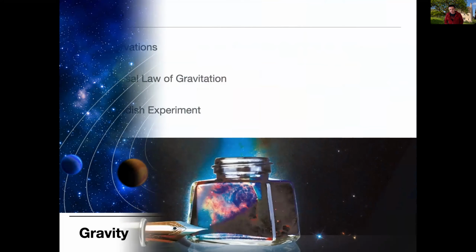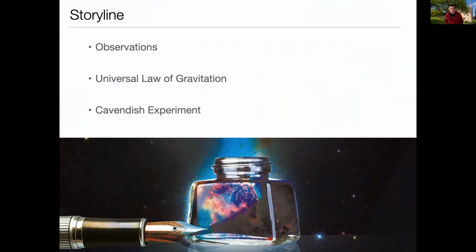Okay, so today we'll just start with some basic observations about gravity, things that seem obvious, but as with all things, they aren't obvious unless you really think about them. We'll talk about what the universal law of gravitation says without actually writing it down mathematically. And then I'll show you a famous experiment that taught us a lot about gravity and demonstrates a lot of the principles of the universal law, something called the Cavendish experiment.